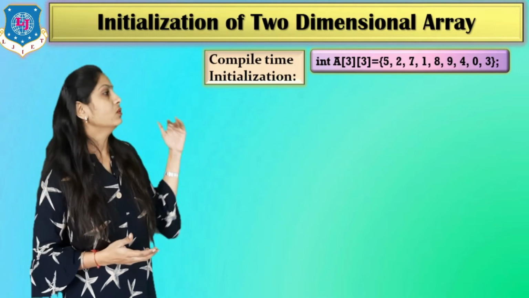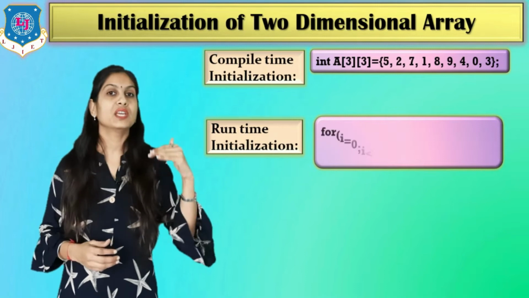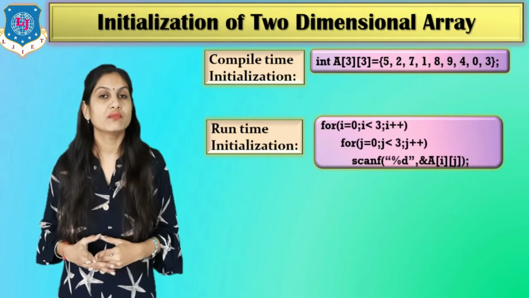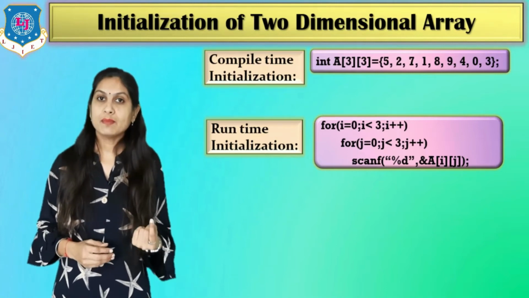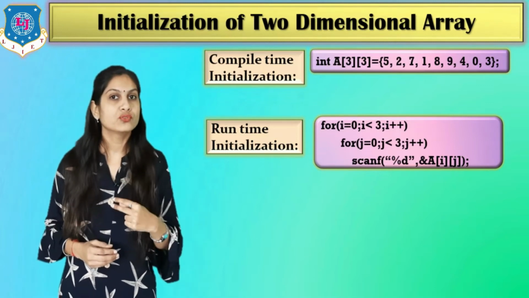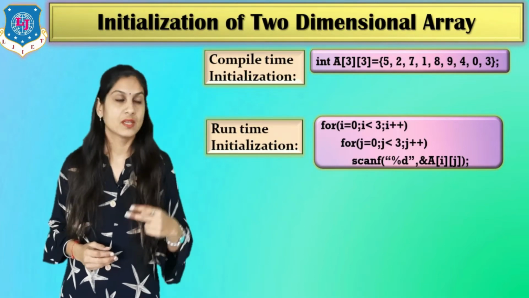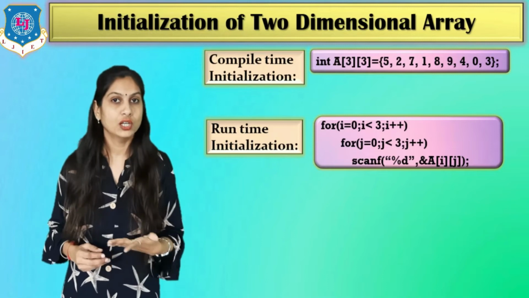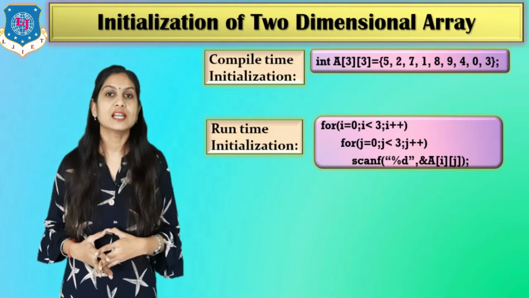Likewise. Now see the runtime initialization method, in which we have to give the data at runtime from the user, and for that we have to use a for loop. Suppose you want only a one-dimensional array, then the for loop is used only one time, and suppose you want a two-dimensional array, then your for loop will be used 2 times. The first for loop is for the row and the second for loop is for the column. The for loop always starts with 0 because the array index starts with 0.